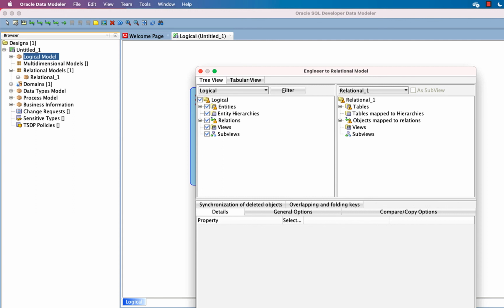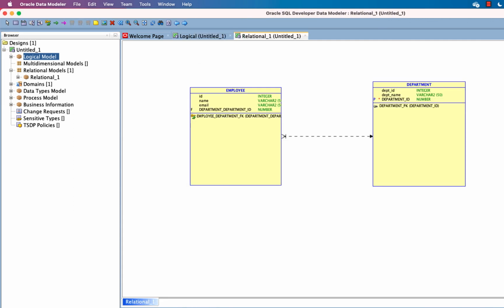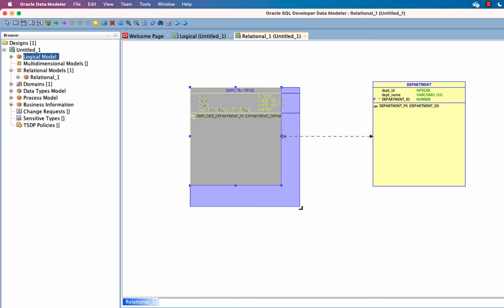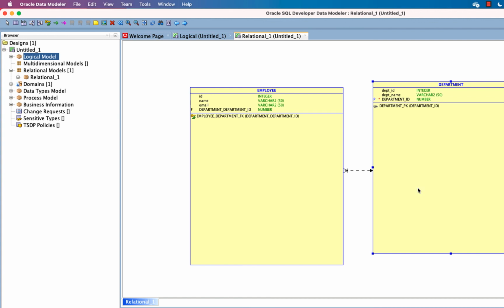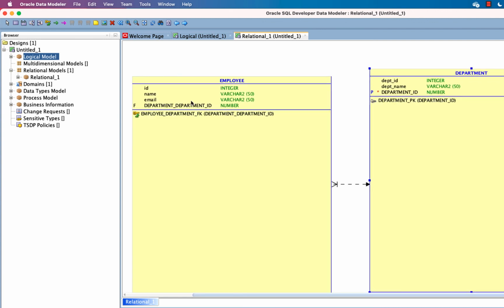So that's fine. Apply selection is fine. Then engineer. So you can see it has already automatically created foreign keys and primary keys for you. You can see, right? Or no? Okay. Might be this way.